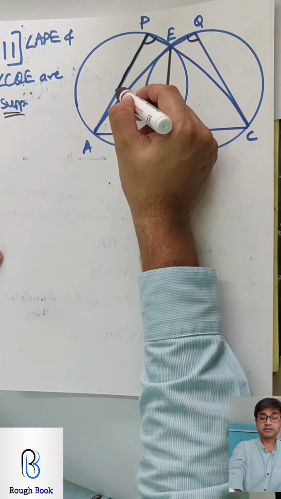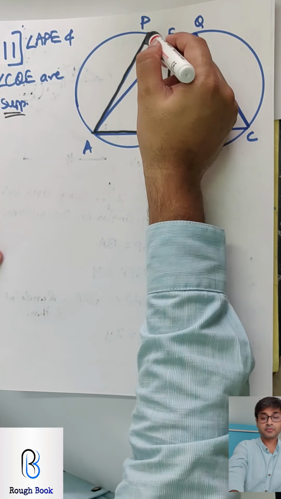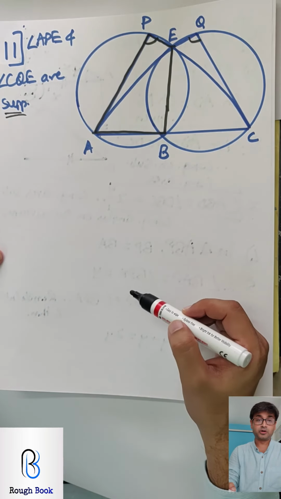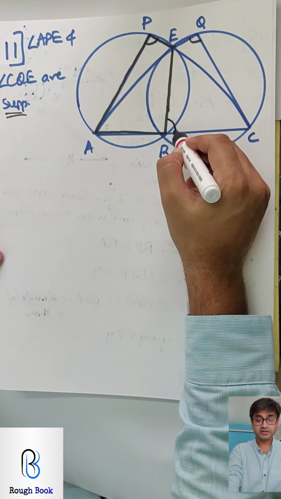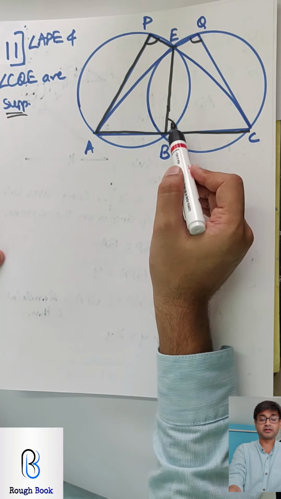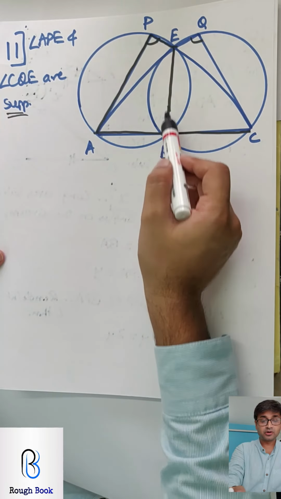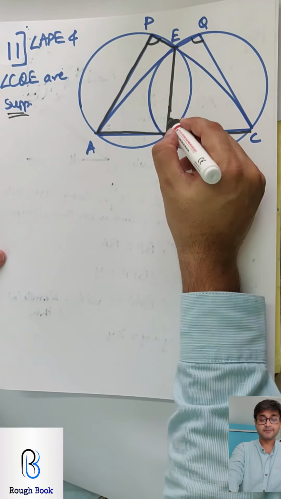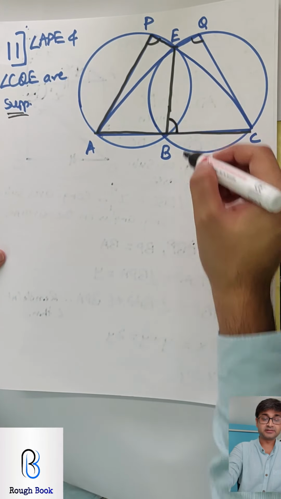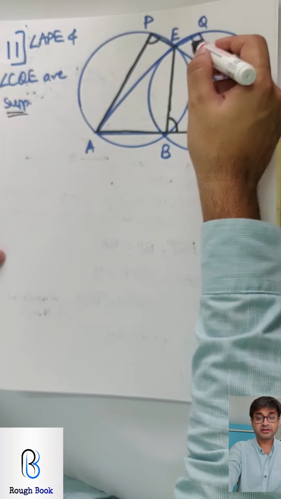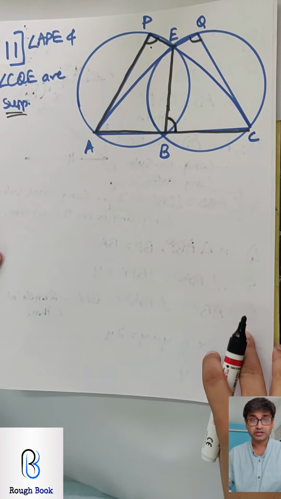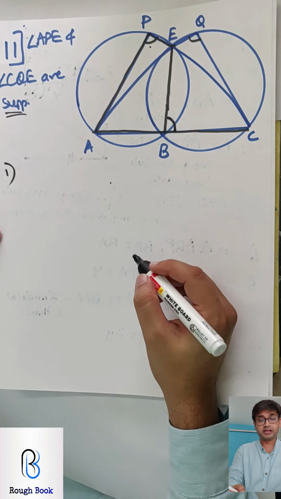So look at this quadrilateral first. What quadrilateral is it? Cyclic. So this angle is equal to, superb, this angle. Why? Exterior angle of a cyclic quadrilateral is congruent to its interior opposite. So you just have to look at this circle, ignore everything else. So therefore this angle will be equal to the interior opposite, and this plus this is 180. So if this plus this is 180, and this is equal to this, so this plus this also is 180. Association property, logic. Write it. If you don't get it, I will help you, don't worry.